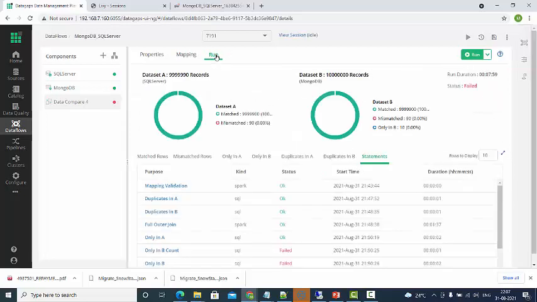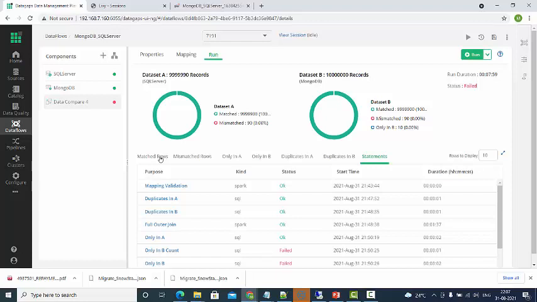Once I run this component, I'm seeing the differences here. I have very slight differences here. Let's say in this case we have mismatched records of 90. So you have the total dataset records as this much in dataset A, and in dataset B you have 10 million records, and out of this comparison we are seeing different datasets. There are 6 different datasets coming out of this comparison.